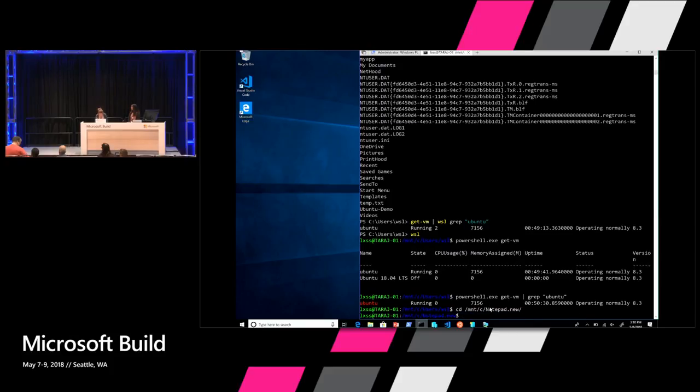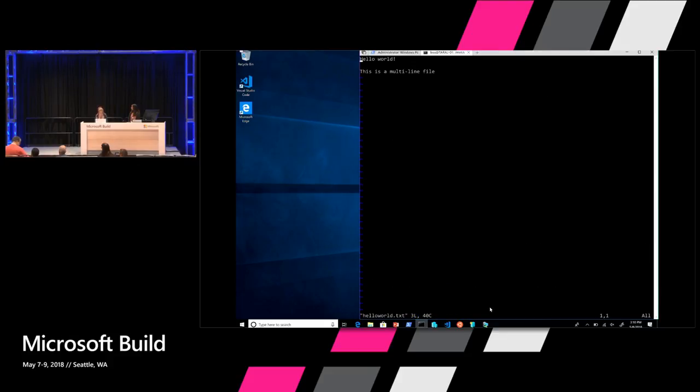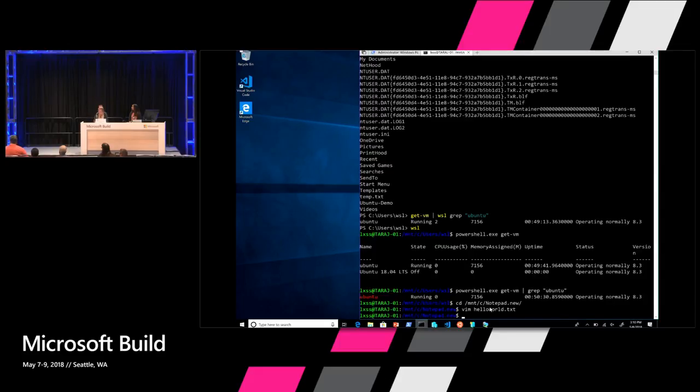There we go. So I can do stuff like vim hello world txt. And I have a multi-line file here. So you might have seen this in the keynote today, Kevin Gallo presented. We actually now support Linux-style new lines. So now I can do stuff like run vim, create a text file, work on source, whatever I need to do. And I can run